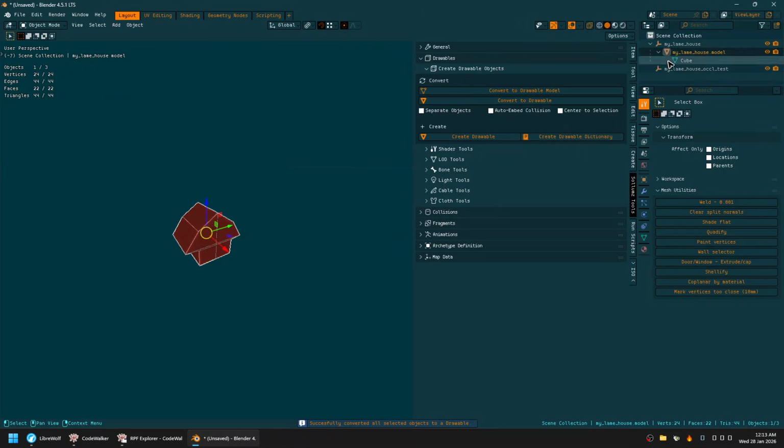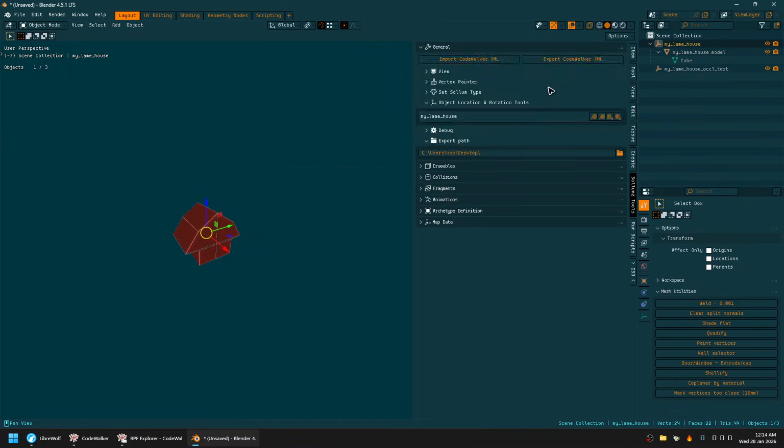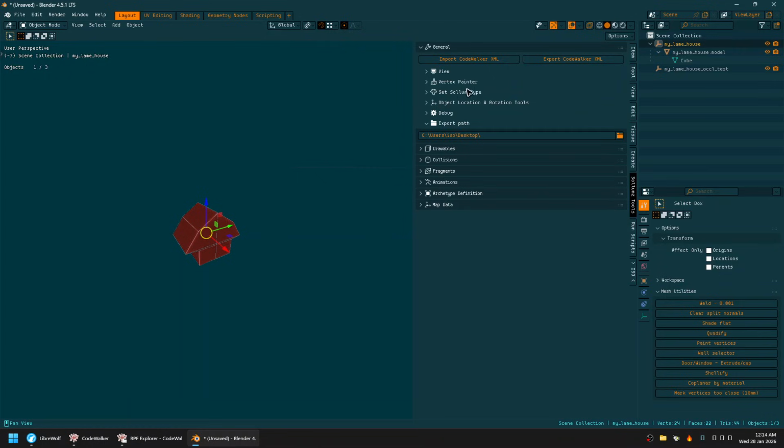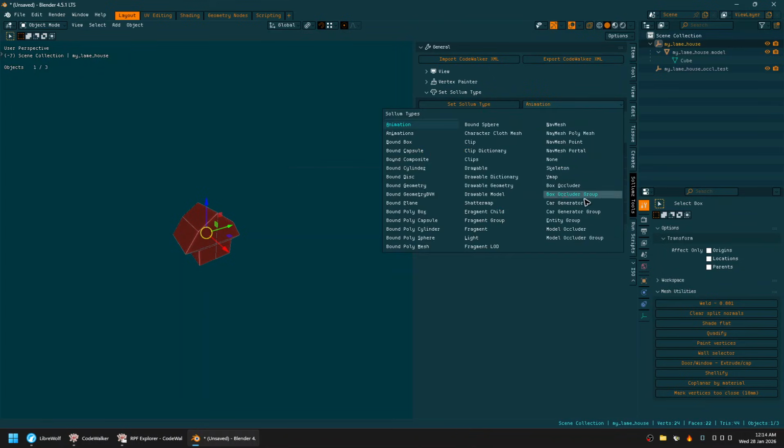Then you have all the stuff in here, right? The other stuff, the hierarchy. All right. Now we select the top where it says my lame house, right? Go to set Sollumz type, and then you select model occluder group,